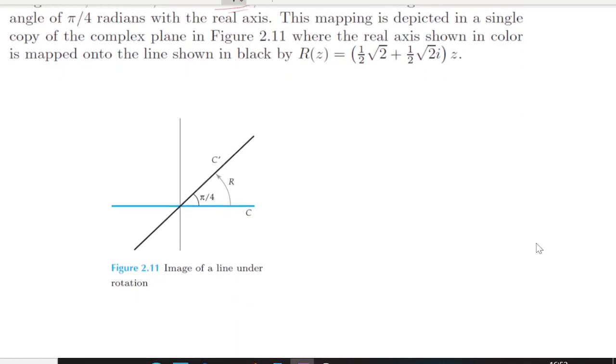So that means, now we have started with this blue lined one, which is your real line, or we can say that y equal to 0. Now it has been moved by a pi by 4 angle and we are getting this black colored line, and this is the image of y equal to 0. So it is exactly a rotation of pi by 4. So here pi by 4 is called the angle of rotation.